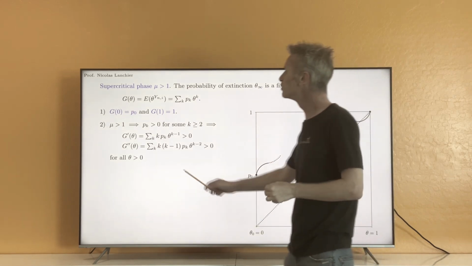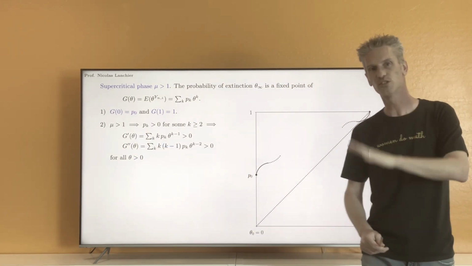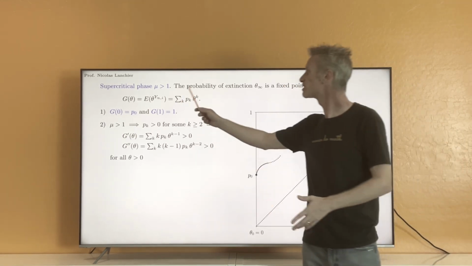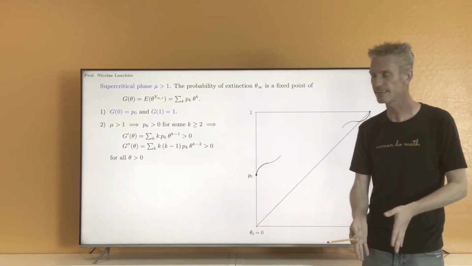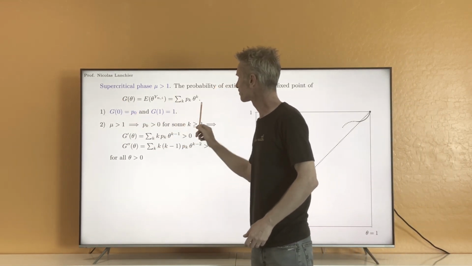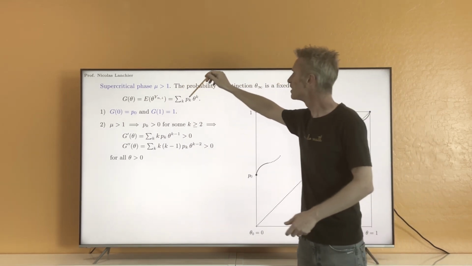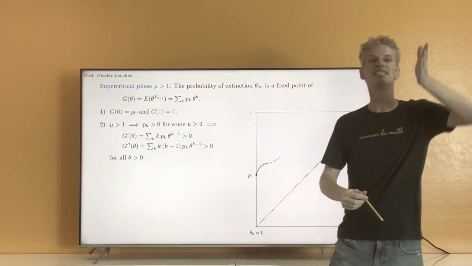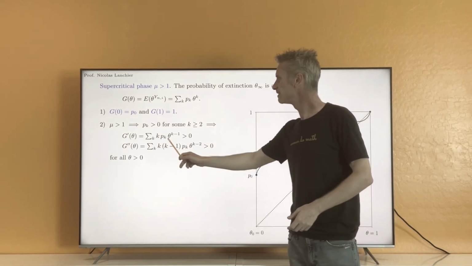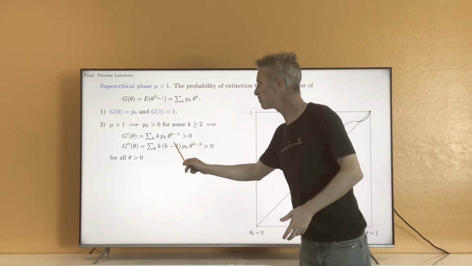The way you compute the derivative, like I told you, is just by saying that the derivative of the sum is equal to the sum of the derivatives, even if the sum is infinite, because the function is analytic. So here, the derivative is equal to the infinite sum of the derivatives, but the derivative with respect to theta of theta to the power k is just k times theta to the power k minus 1. So that gives you this sum here.